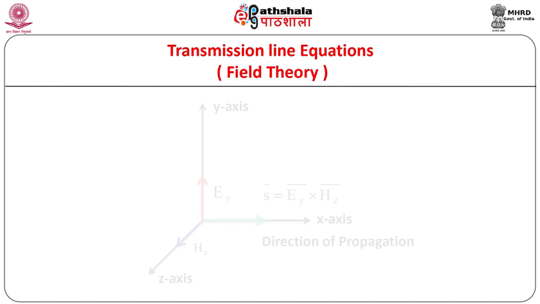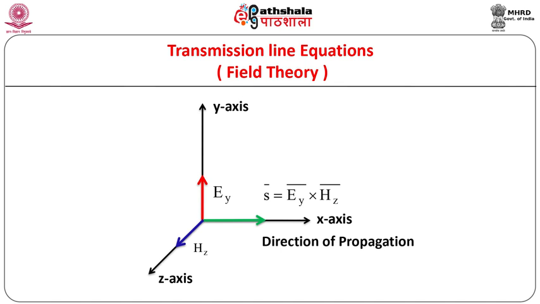Assuming a plane electromagnetic wave traveling in x direction with electric field vector along y axis and magnetic field vector along z axis along a transmission line comprising two parallel strips as shown. The corresponding transmission line equations can be obtained using Maxwell's third and fourth equations involving curl of electric and magnetic fields by following the steps which are as shown.